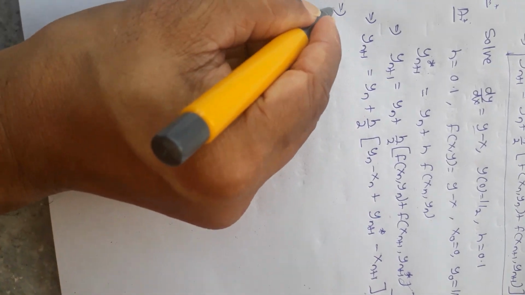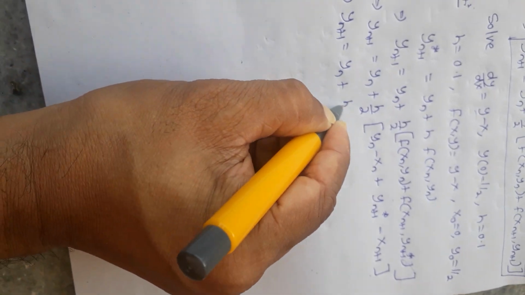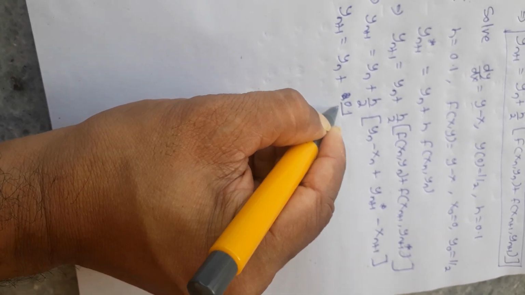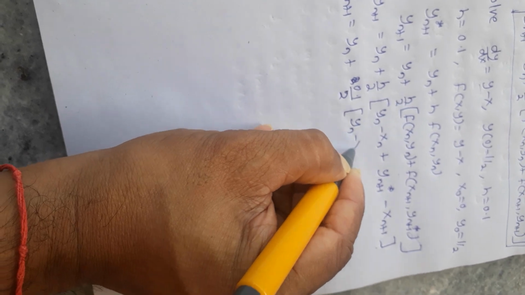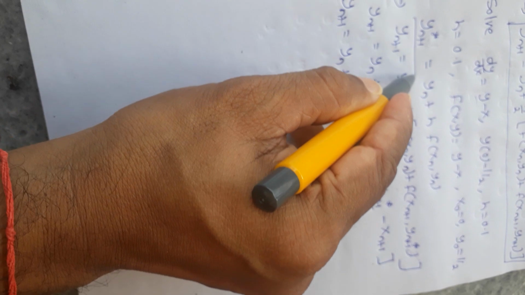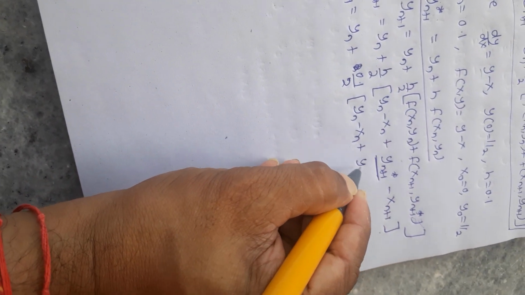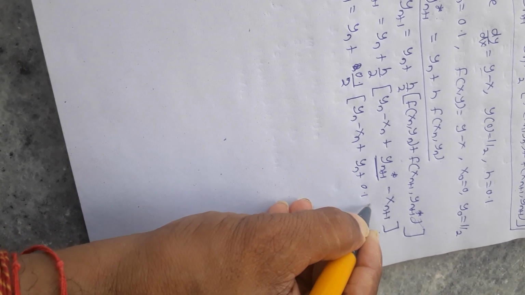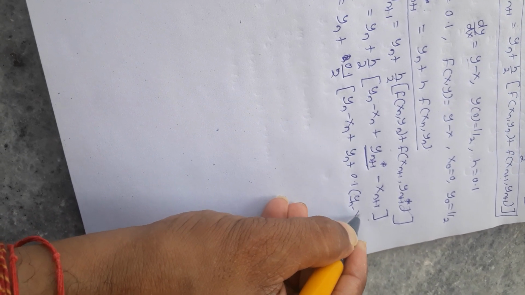Okay, so now yn plus 1 will be yn plus h, which is 0.1 by 2 into yn minus xn plus yn plus 1 star. It is already calculated in the previous section, that is yn plus h, means 0.1 into f of xn, yn, means yn minus xn